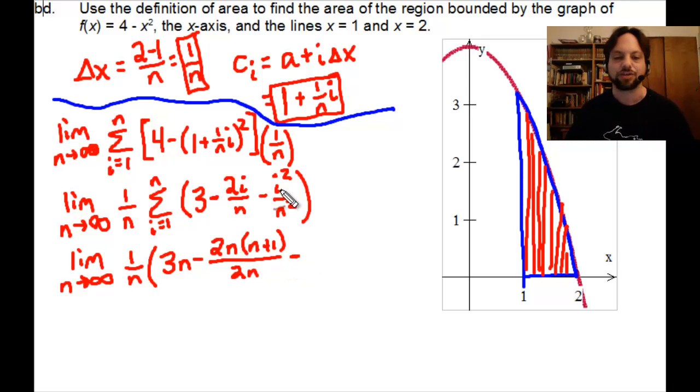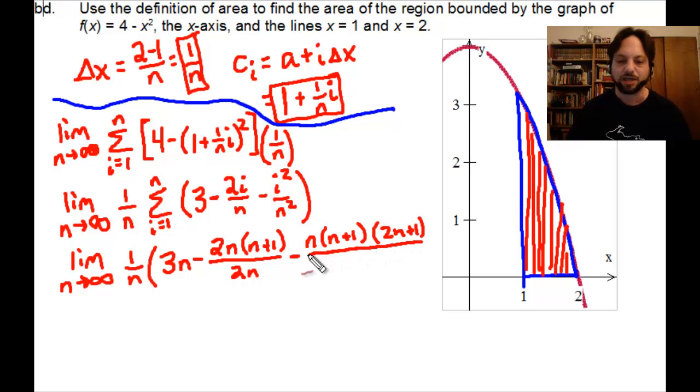Now, for this last term, this I squared over n squared, I'm going to do pretty much the same thing. The way this is going to look, it's going to say n times the factor n plus 1 times the factor 2n plus 1. And I will divide that, of course, the summation formula says, divided by 6. And we do have an n squared on bottom, so that'll be all over 6n squared. This does not look like a lot of fun to do. But if you go ahead, multiply it all out,